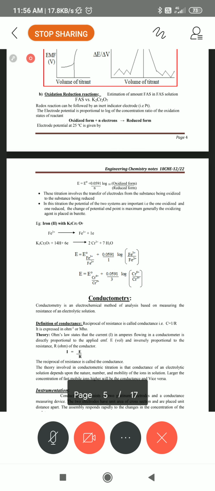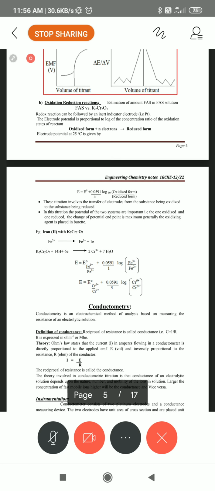So what is the potential of FAS? You can get it. Afterwards you can calculate that potential. Before that we can calculate how much of FAS salt is completely dissolved in 1 liter of DM water. This is the theory and practical explanation of